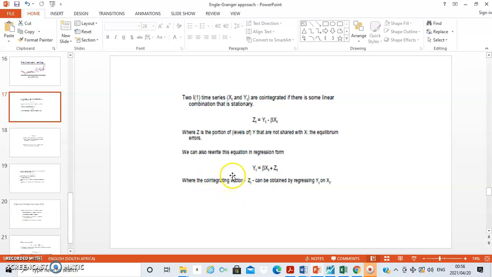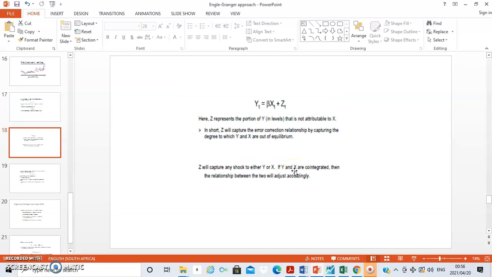Now what we are saying here is that this zt will represent a co-integrating vector, and it can be obtained by regressing y on xt. As you can see, y is a function of xt plus zt. So this zt is the co-integrating vector, which indicates that there is co-integration, because it has some portion of y that is not shared with x, and that's why it can also be obtained by regressing y on x. So z represents a portion of y that is not attributable to x, fine. In other words, this z captures the error correction relationship,